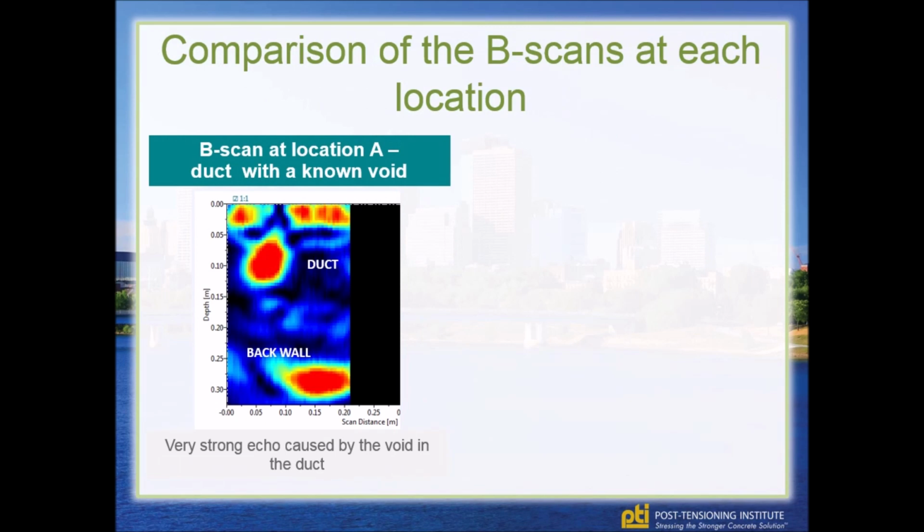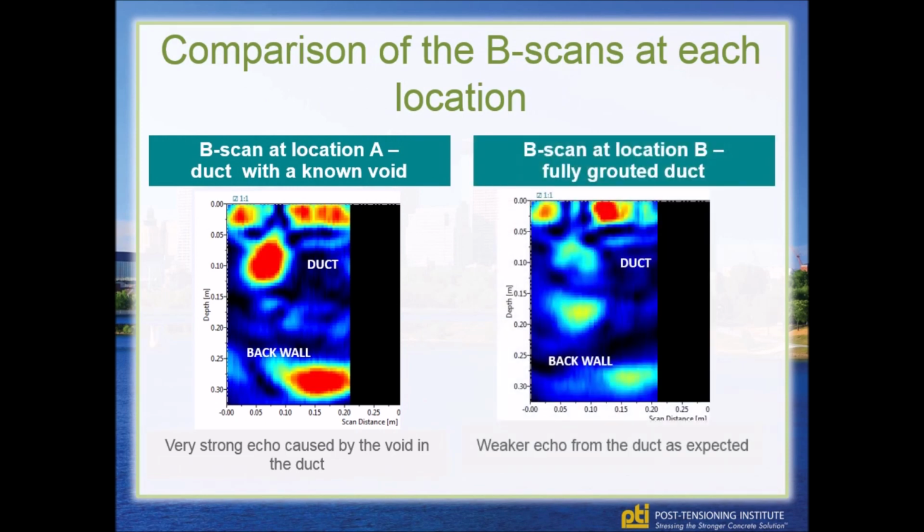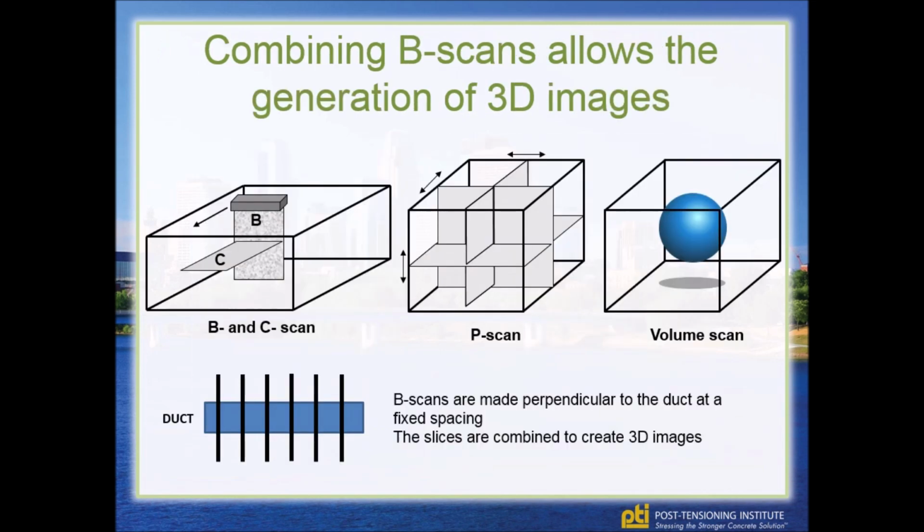And here are the B scans at each section. So location A, this is with a known void, we get a very strong echo. Location B, you get a weaker echo. It's maybe not quite so clear, but actually if we combine B scans, so we scan in the bottom left